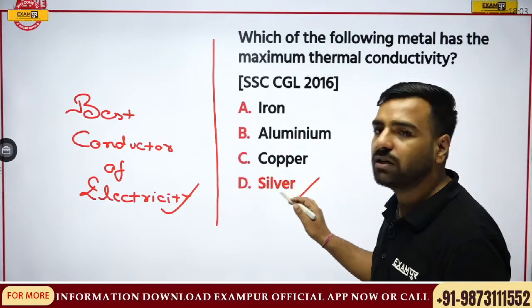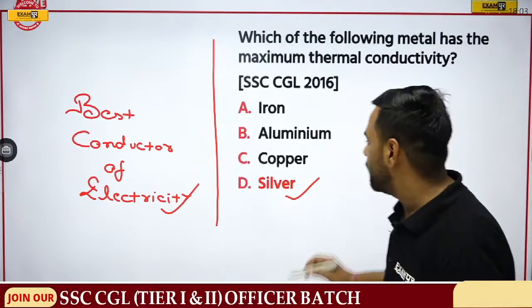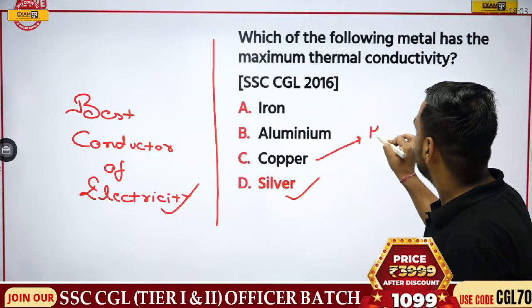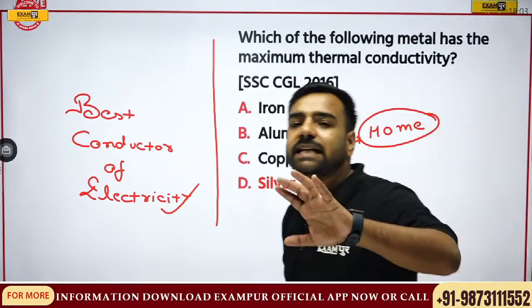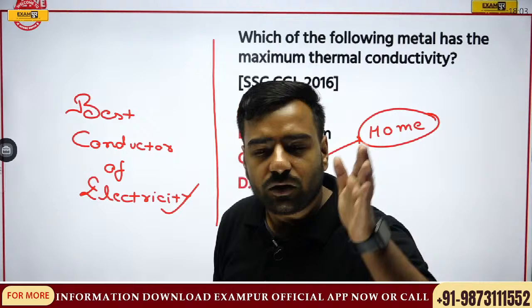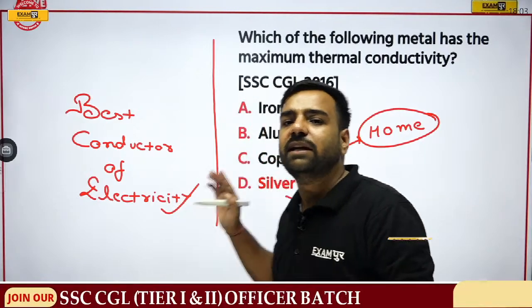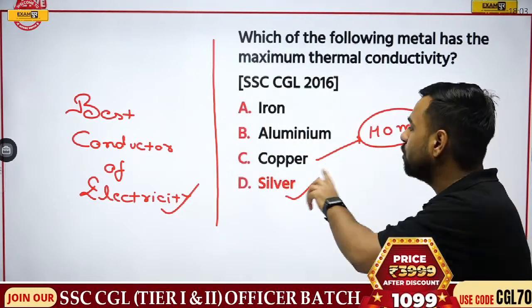So yes, if I talk about the conductor, please remember the best conductor of electricity is also silver. But at our homes, we are using what? At our homes, we are using copper. We are using copper for the reason that silver is quite costlier. Because silver is quite costlier, that's why we are using copper. Fine. So at our homes, we'll be using copper.